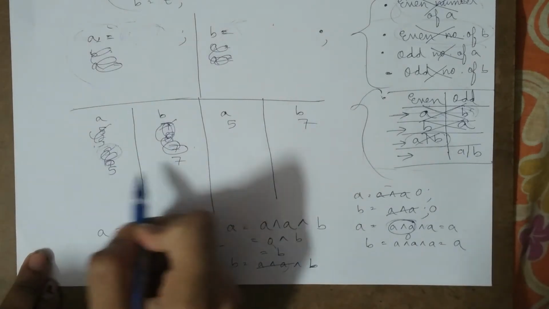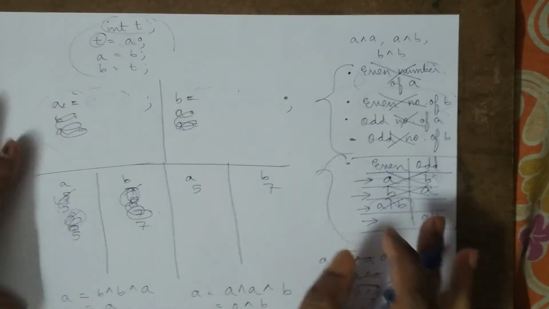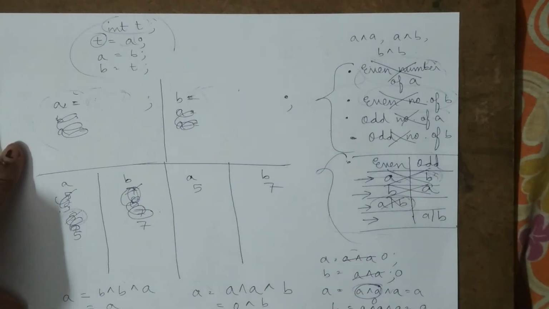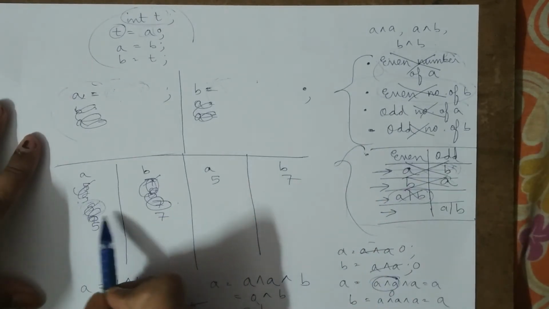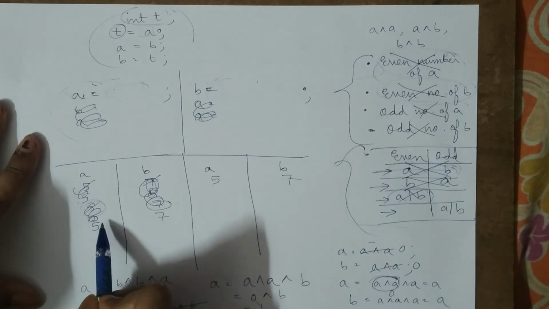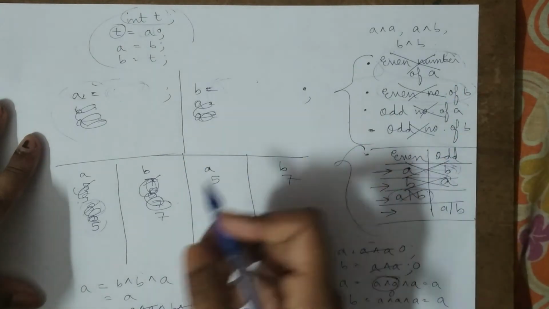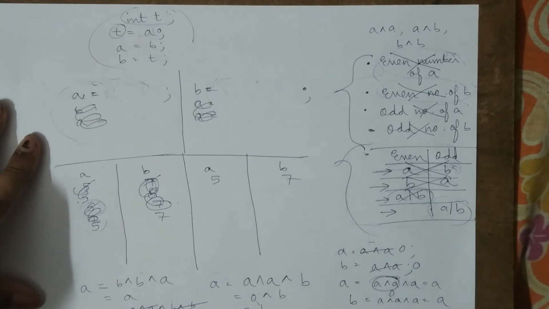So I have just originally written 5 over here, 7 over here, 5 over here, and 7 over here, and I have also taken all the cases that could have been taken and have been rejected for some reason or the other. For sometimes a will become 0, so that a's value will be lost and b will not get that value. And sometimes we are directly just swapping. In a we are writing 7, so this 5 is getting lost. So for that reason we have to just see whether this final case works or not.